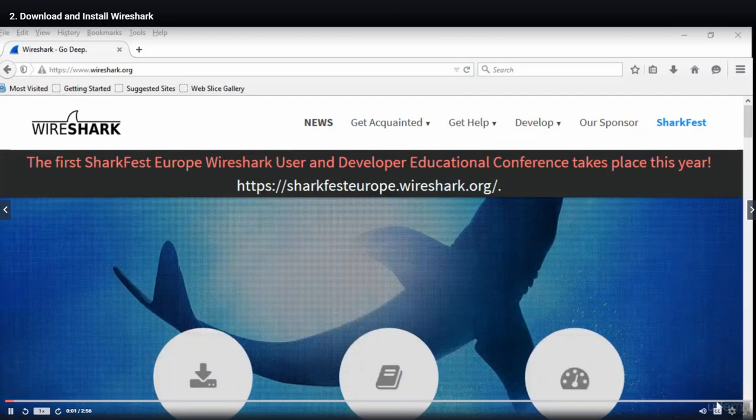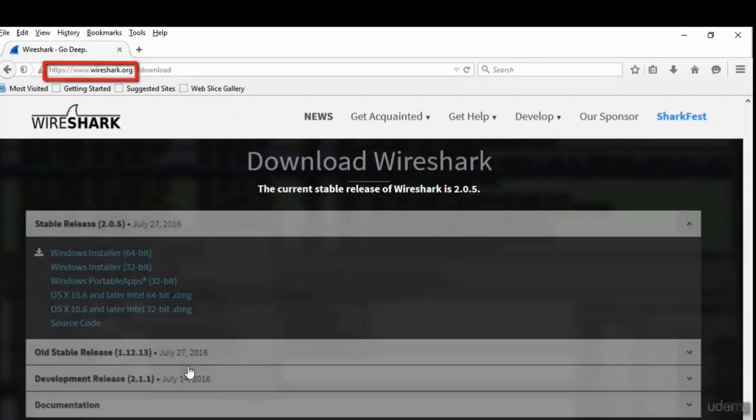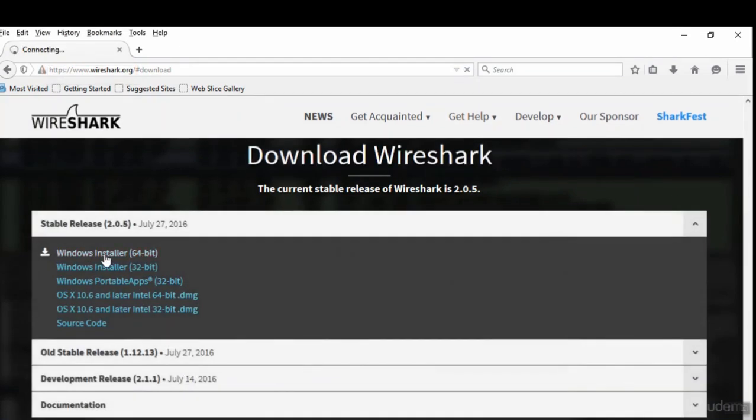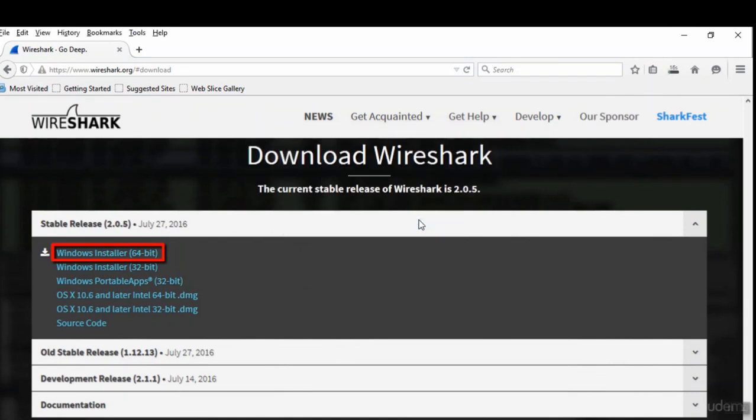Now that we've looked at what the course is going to cover, the first thing we want to do is actually download the tool. As you see here on my screen, I'm at wireshark.org. So you just go to www.wireshark.org. Over in this icon here, you click on download. Windows installer 64-bit. You can get multiple platforms, but in our case, we're just going to go ahead and use